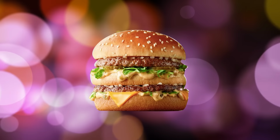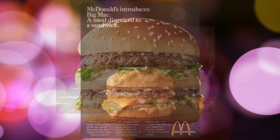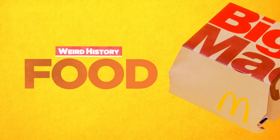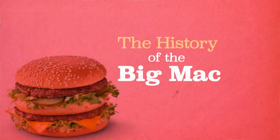The majestic menu item had to go through a corporate approval process, some ingredient shakeups, and a few name changes before becoming the fast food phenomenon it is today. Today, we're telling you all about the history of the sandwich that put the Golden Arches on the map, the